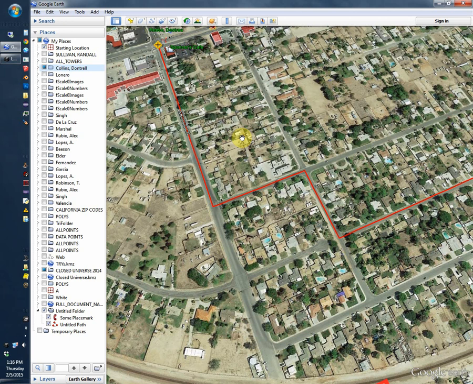If you don't already have Google Earth installed, go ahead and get that installed and get it fired up. If you have any trouble, there's a training on how to do that, so go ahead and take a look